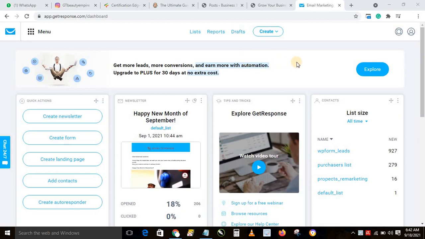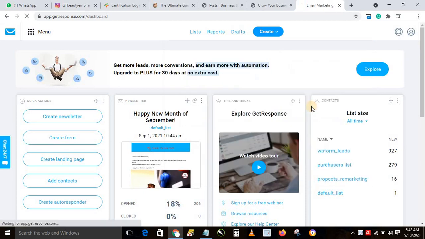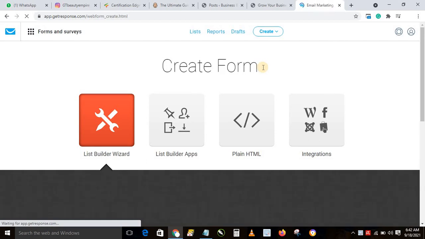Hello. We're going to create the form with which you will collect your email, and to do that from your account, go to auto create and select create form. Now this form is what you will use to collect emails. Even if you don't have a website, you can use a link from the form and send the link for the form to your prospect or your customer on social media,